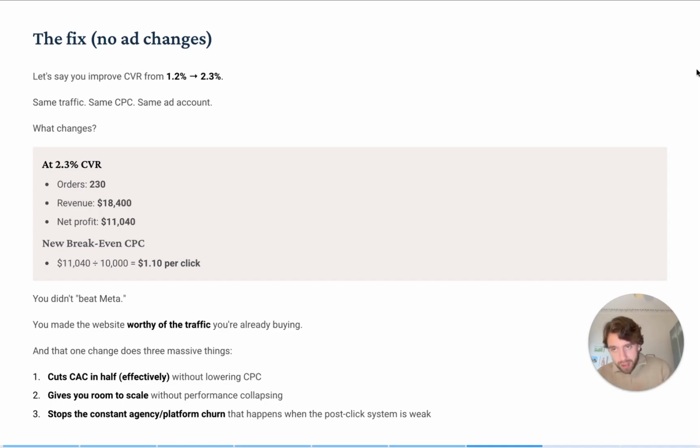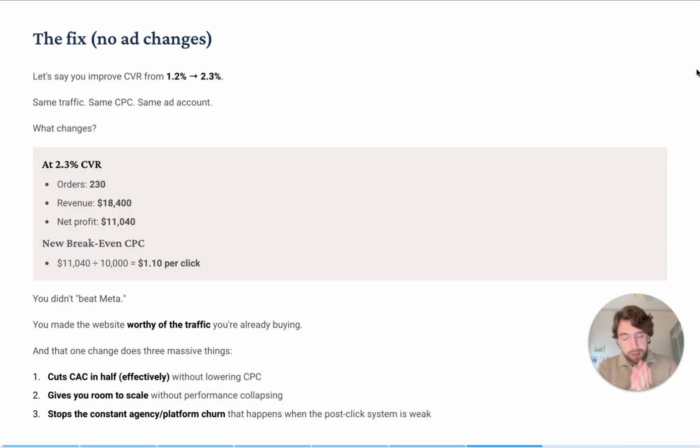So the fix would be, instead of changing the ads, improving the conversion rate of the website, right? Getting CRO work done, building new product pages, building landing pages you can test, redesigning the entire website if the whole thing sucks. So many brands that I speak to, the website just does not do their product justice. People care so much about their products, they put their heart and soul into it. But then when you look at their website, it's no good.